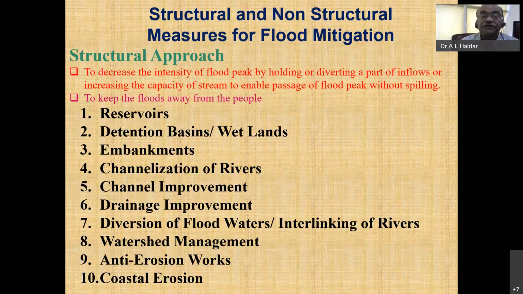Now, to minimize the floods, there are certain measures, that is structural measures and non-structural measures. Especially structural measures, the reservoirs. In West Bengal, the Damodar Valley dam is there. It was set up in the British period, and it is continuing day by day. This year in West Bengal there was rainfall, but still the Damodar corporation has reservoirs, and they are managing, they are absorbing during the peak flood. So they are storing in the reservoirs, and after some time they are releasing.